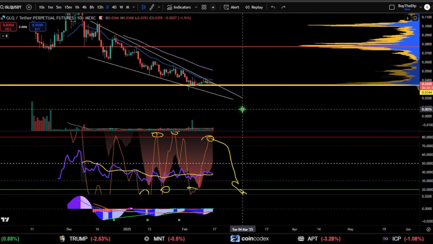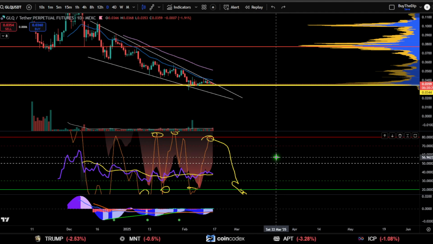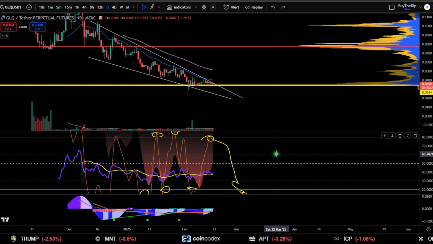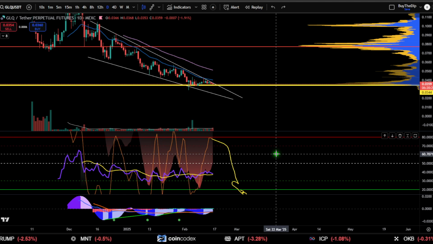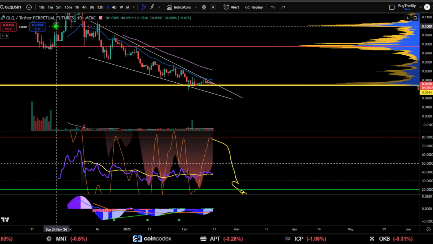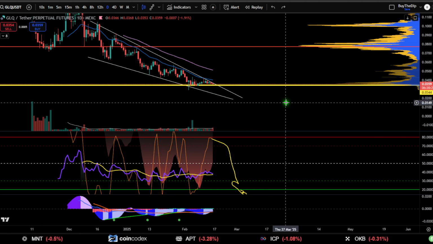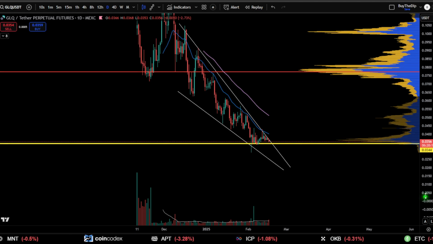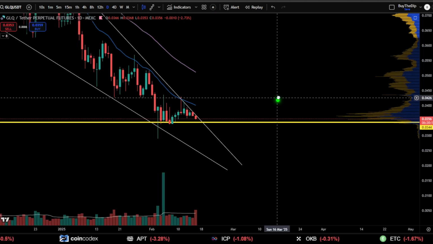Now, let's entertain the possibility that maybe it doesn't. Okay, so the bearish scenario is a lot easier, I'll be honest, because the trend is your friend. We're coming down for another extension. Let me zoom in here a little bit. Let me get rid of the oscillators because they're pretty much pointless at this moment, because what you're really looking at is market structure.